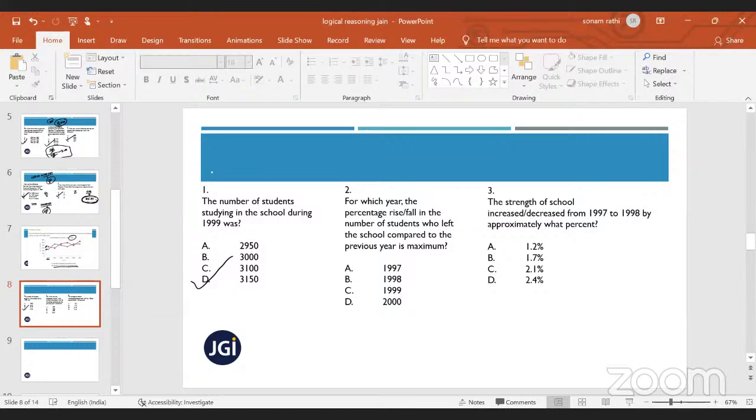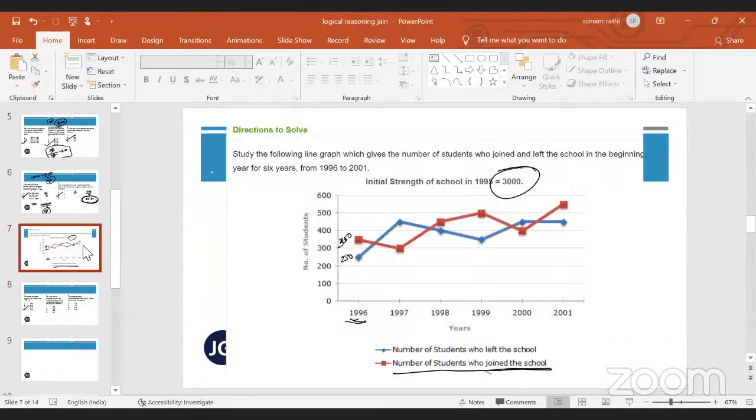Question number 2. What is the answer? The number of students studying in school during 1999 was. Okay, so what do I have to do? Initial was how much? 3,000. Then how many joined? 350, plus 350 minus 250. Then plus how much? Plus 300